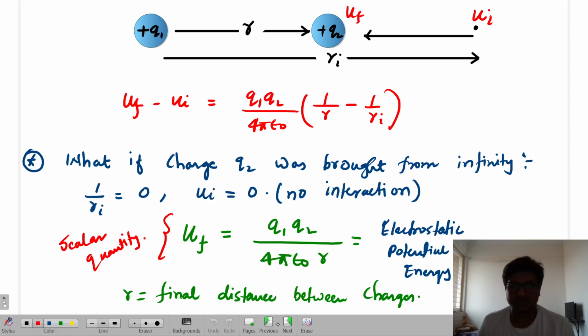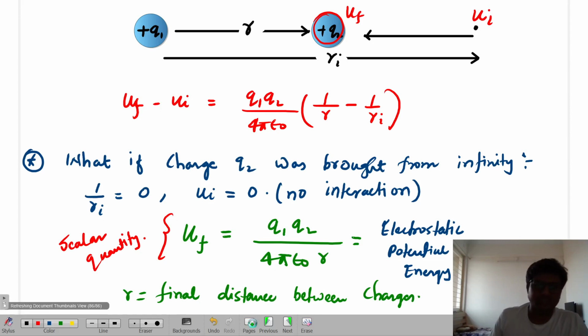Now, you look over there. Now tell me one thing: if this charge Q2 will become heavy, it will be very hard to move. Not by mass. I mean if the charge Q2 is bigger, then it will be hard to move nearer to Q1, or not? Magnitude of the charge, isn't it? Because it will experience much more extra force, isn't it? So this change in potential energy